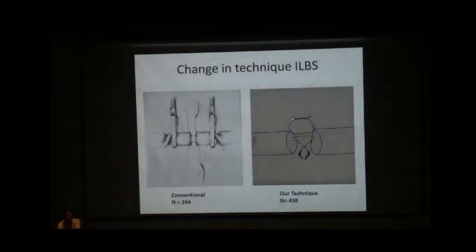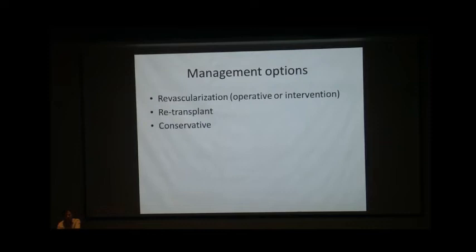This is the technique which we are using right now. We have done 244 initial transplantations with the conventional method, and the recent method that we are adopting is the clockwise technique, in which the first suture is taken at 6 o'clock, then the posterior wall is completed, followed by the anterior wall. In this case, we don't have to twist the artery, hence the risk factor, which is intimal stress, which happens when twisting the artery, is essentially avoided in this technique.